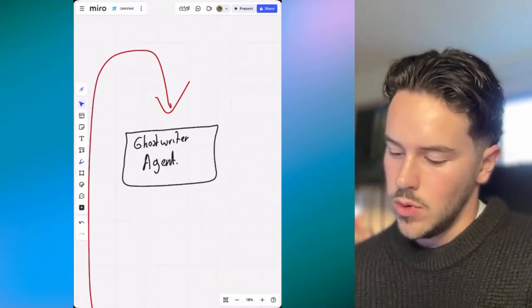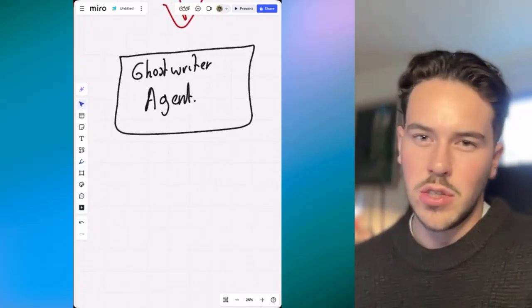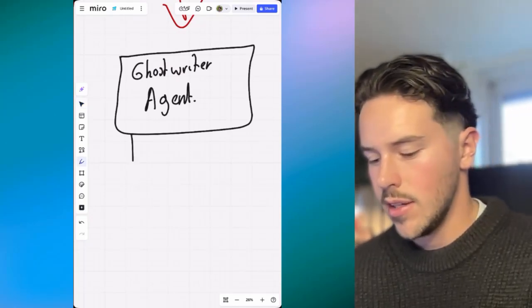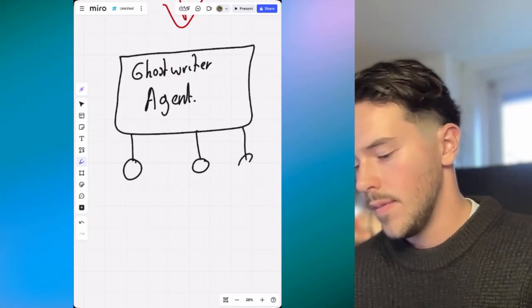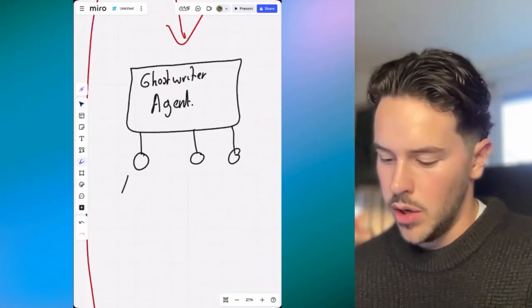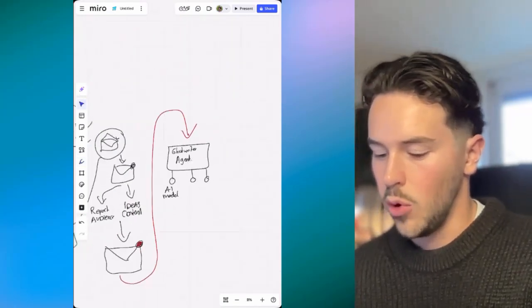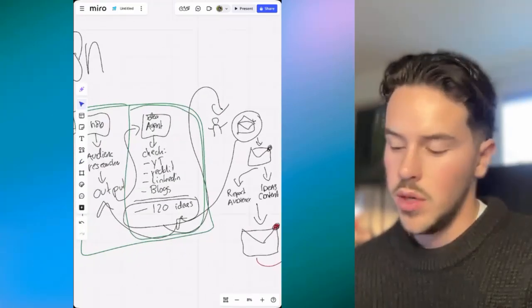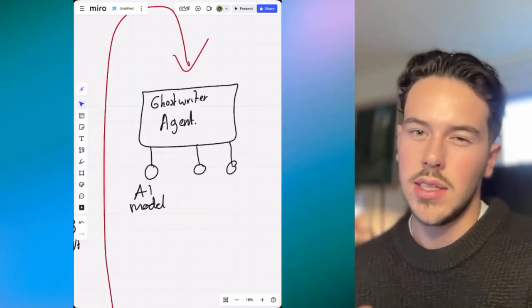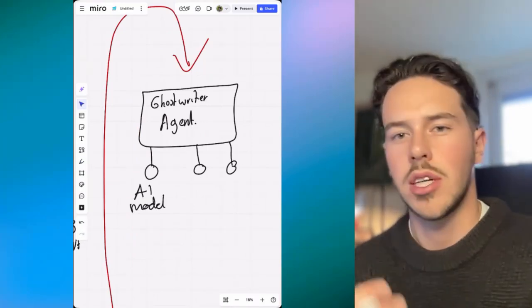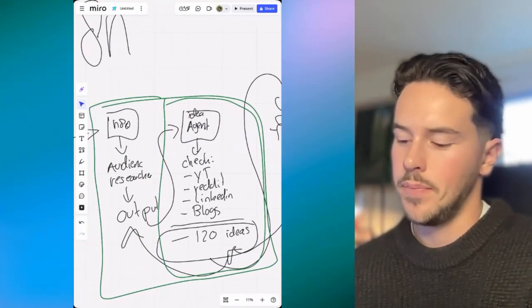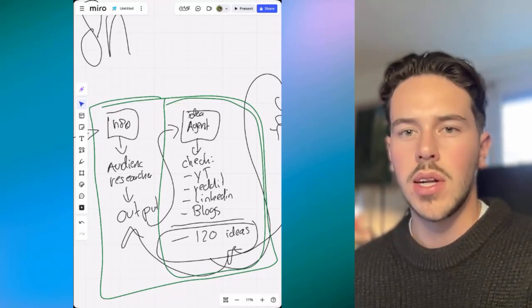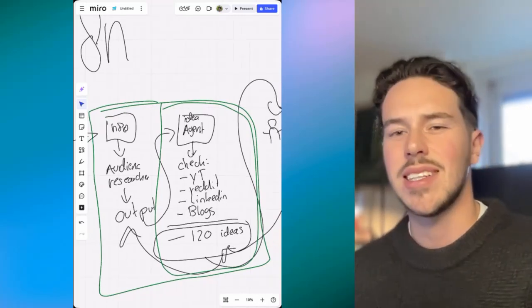And what it does, to visually explain it, it has three parameters. It has the AI model. This is for all the agents, by the way. But I think for the Ghostwriter agent, it's more important to explain this concept, because for the last agents, it doesn't really make any sense to do it.